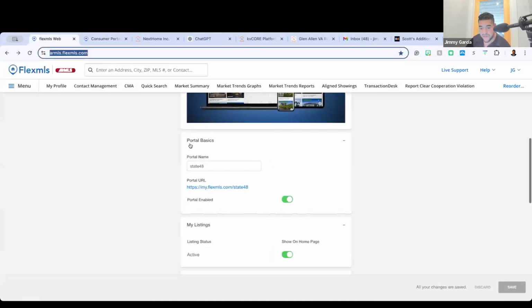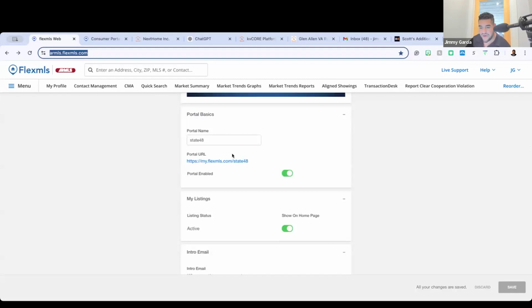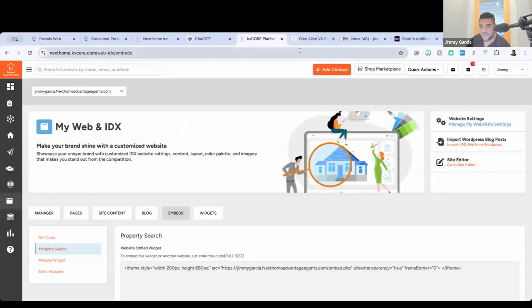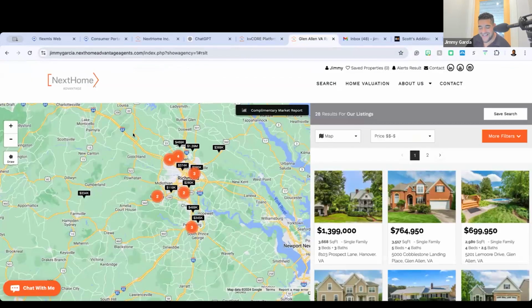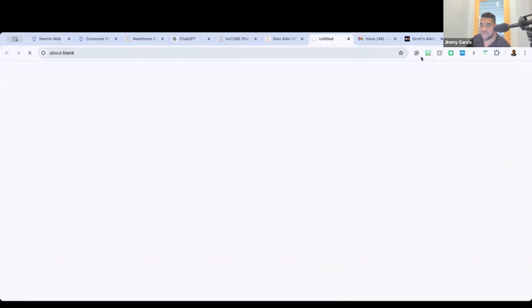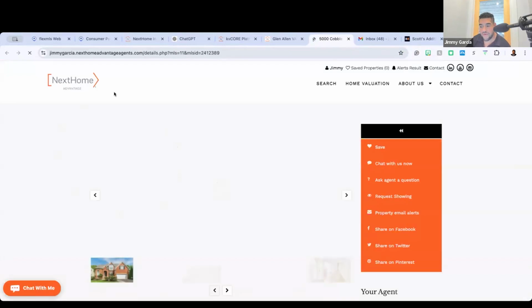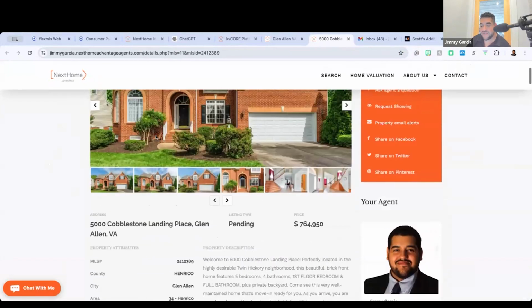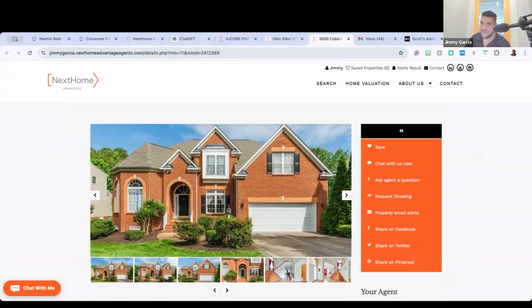Anyways, you guys know what Flex looks like. You'd have all of your search parameters there. It'd pop up here as a page, but if anybody clicks on those properties, it only takes them back to Flex, as opposed to if they click on it here, then they become a lead in your smart CRM. So that's why I don't recommend launching your portal through your KB core. Instead, it's much easier just to create your search. I mean, it's not easy, it's a little bit more laborious, but it yields you more because now you have somebody who has the ability to register or at least pop up as a lead in your database.